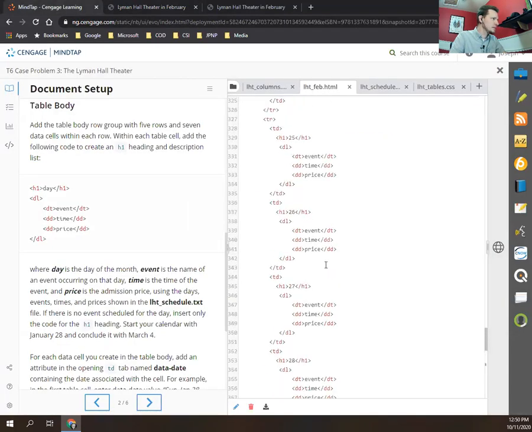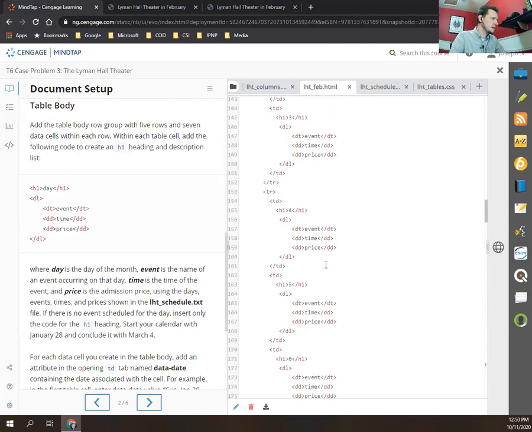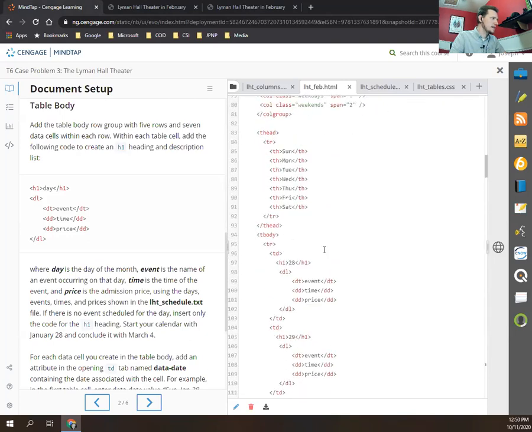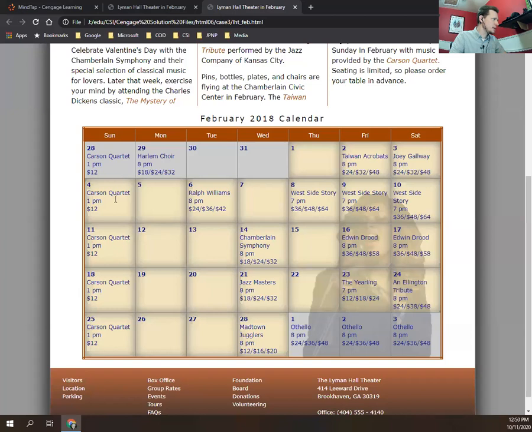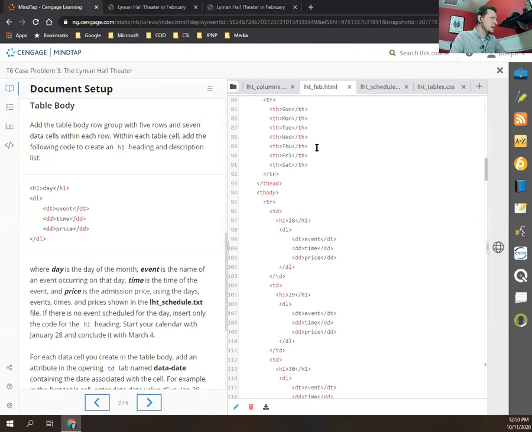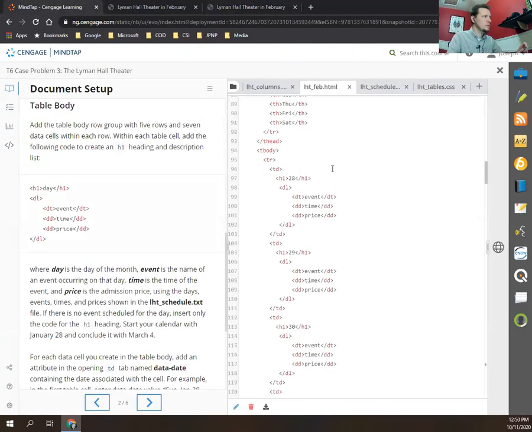And now I can go back to the top because there's not an event every single day. If we look at the final result, we don't have an event every single day. So copying and pasting the events before the numbers are in is going to lead me to a mistake. So I want the numbers first,